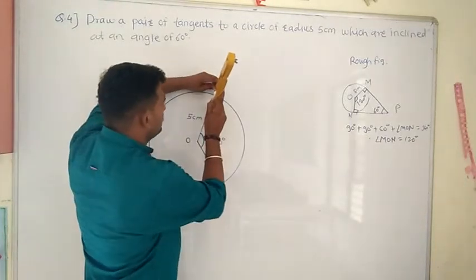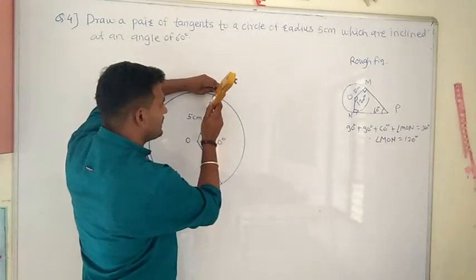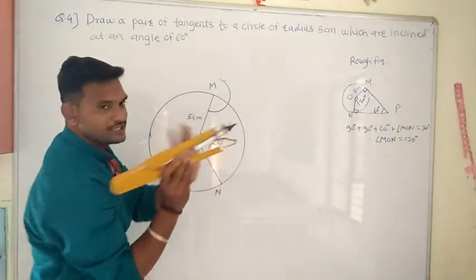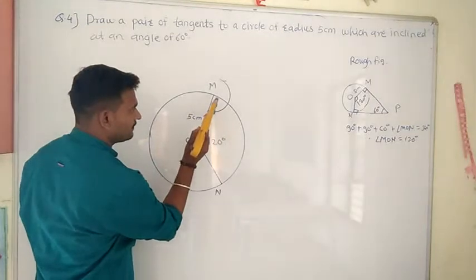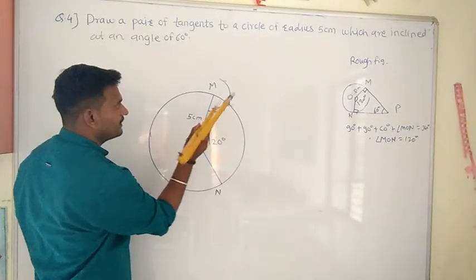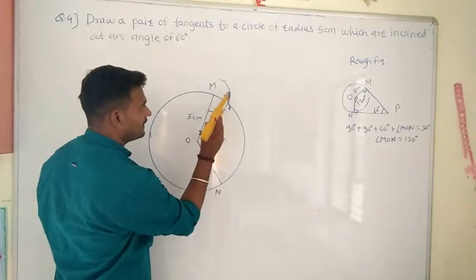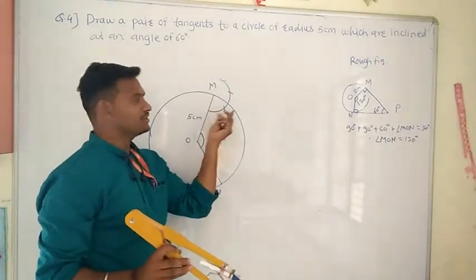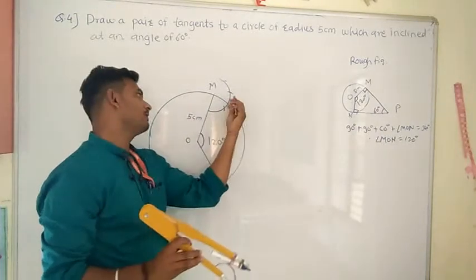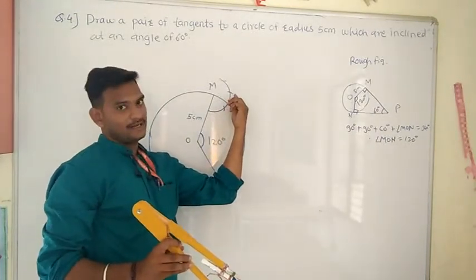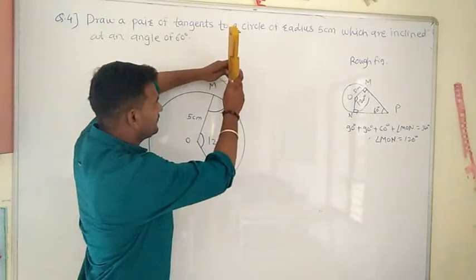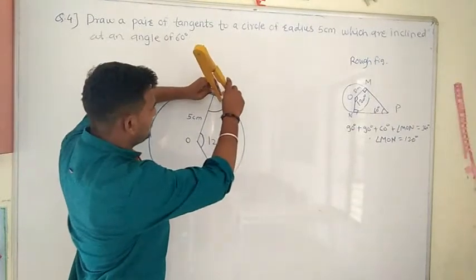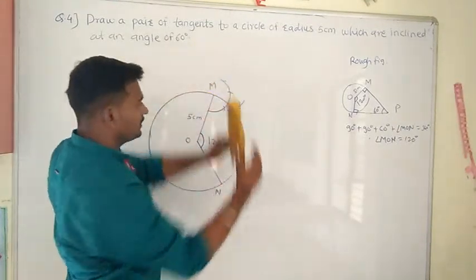First you have to take any distance in a compass and draw one semicircle. Okay, this is a semicircle. Don't change the distance and put the compass here and mark one point here, and again put the compass at that point and mark another point. One point is 60 degree, and this one is 60 degree, so 120 degree we got. If we bisect this 60 degree, we will get 30 degree. Put a compass here and mark one arc here, and put a compass here again and mark another arc. We got this point.